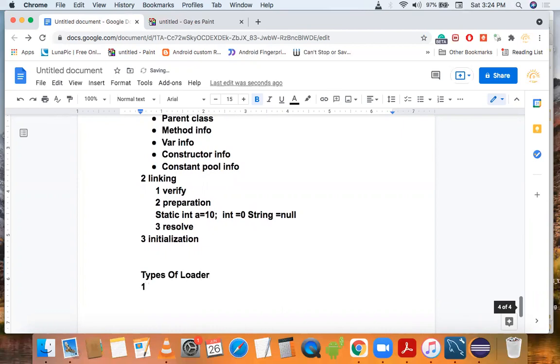First loader is the bootstrap loader, second one is the extension loader, and third one is the application loader.